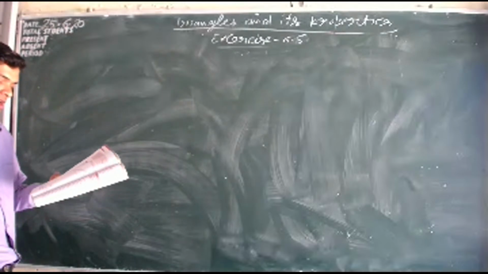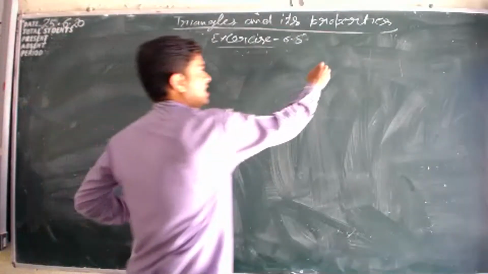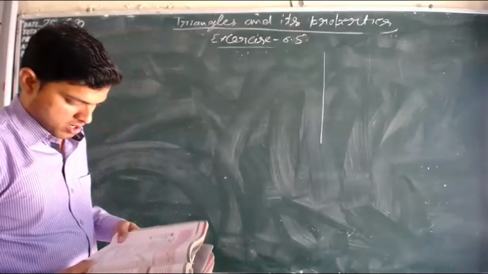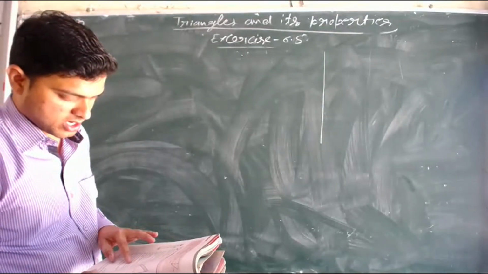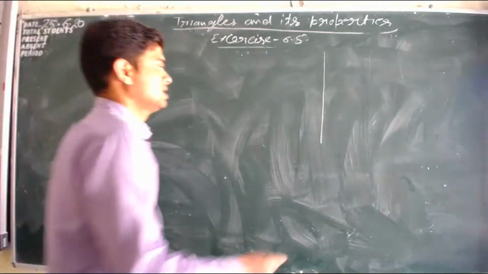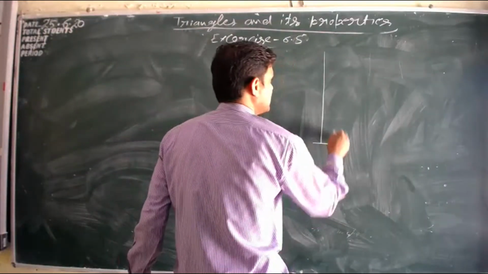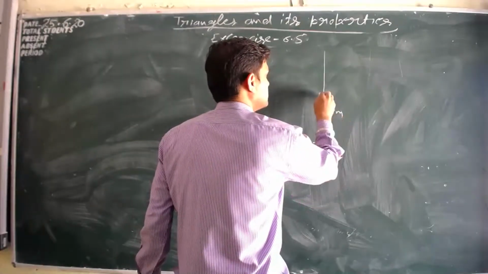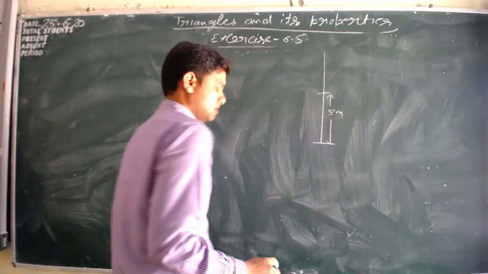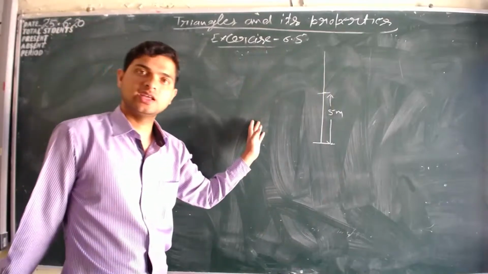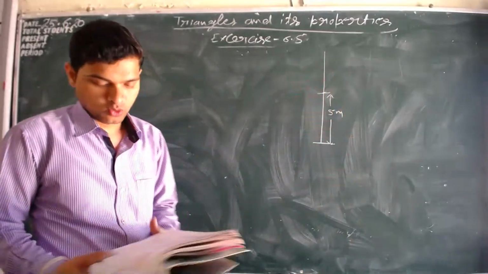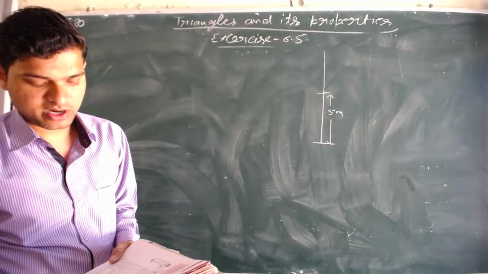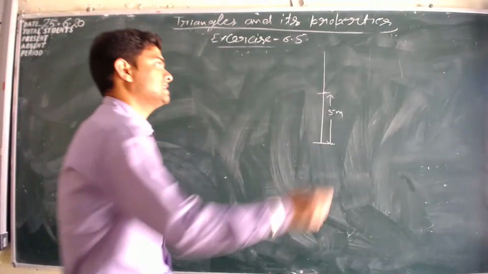ट्री इज ब्रोकन एट हाइट, ओके, हमारे पास एक ट्री है, ट्री गिवन है, और इसने ये बोला है ट्री इज ब्रोकन एट अ हाइट ऑफ 5 मीटर फ्रॉम द ग्राउंड। ये इसका बेस हो गया, इस बेस से 5 मीटर हाइट के ऊपर ये टूट जाता है, ठीक है। टूटने के बाद ये नीचे की तरफ गिरेगा या तो इस साइड या उस साइड, वो हम देख लेते हैं, ओके। और इसने पूछा है कि इट्स टॉप टचेस द ग्राउंड एट अ डिस्टेंस ऑफ 12 मीटर।